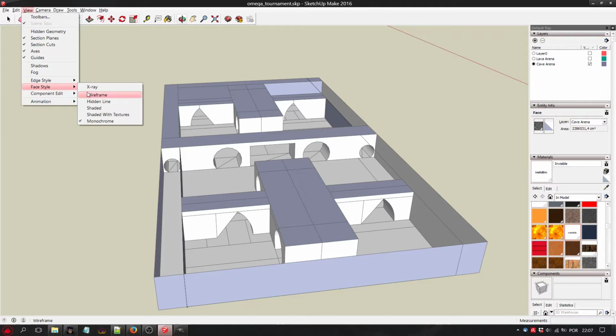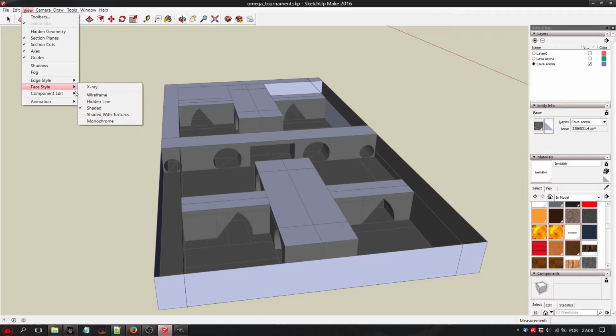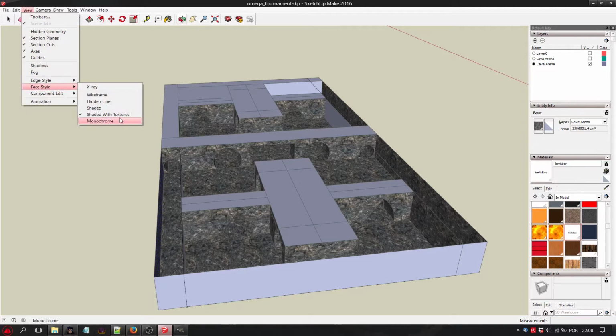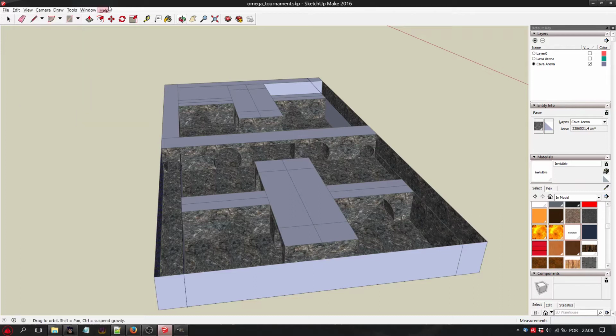But now you know that for that you need to change the view right here. Okay, so let's see the textures again. Okay, so now we are with textures again. I just put the option shaded with textures.